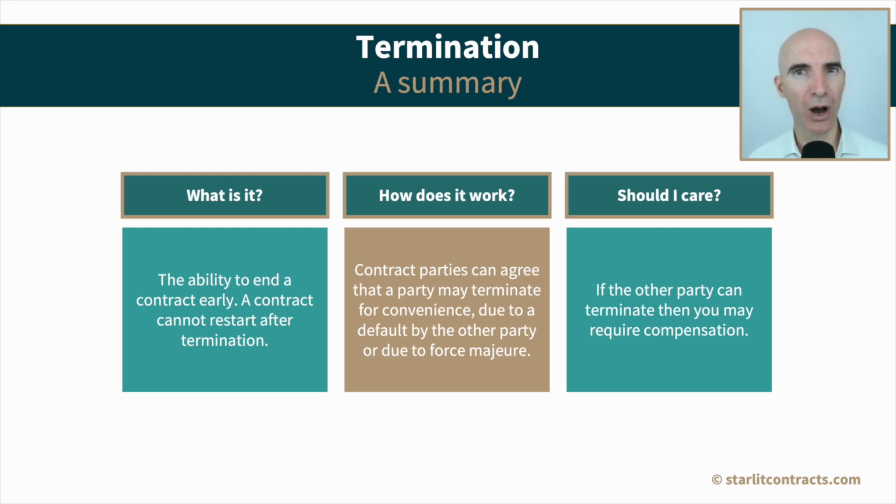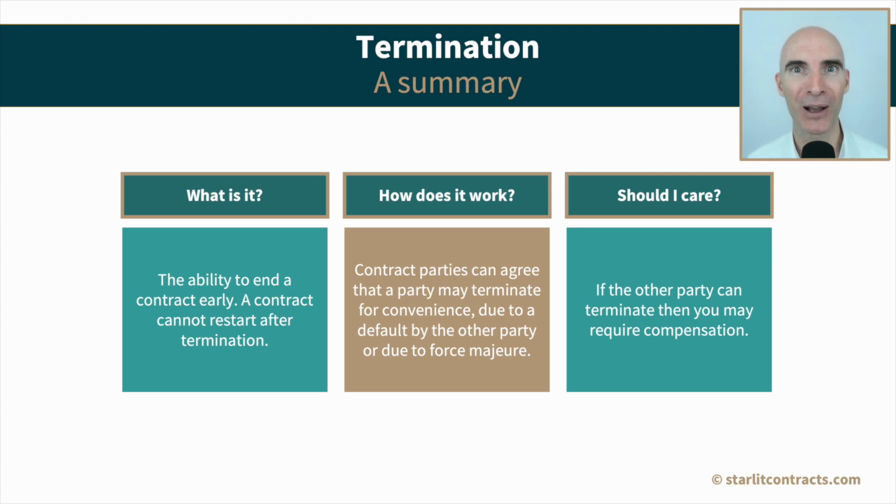So by way of an example, it might be that the supplier has performed all of their work in accordance with the contract, but the customer has failed to make payment. In that situation, it would be the supplier who has the right to terminate the contract due to the default by the customer. The other way of looking at this is when the supplier has certain performance obligations in the contract. Perhaps they even received an advance payment from the customer, but that supplier has failed to begin the work. In this situation, it could be the customer that has the right to terminate the contract due to the default by that supplier.